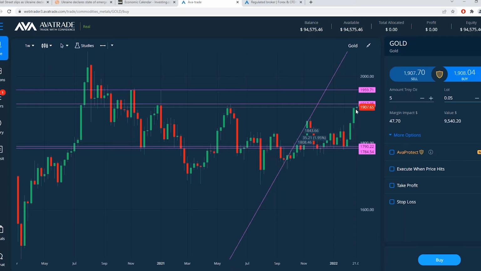And so it's pushing this resistance level. It easily could break it. I'm not saying that you should short gold off of this resistance. It easily could break it with all of the crisis situation that's going on. And the next resistance level is at 1960. And then after that, it's up towards 2000 if it breaks 1960.